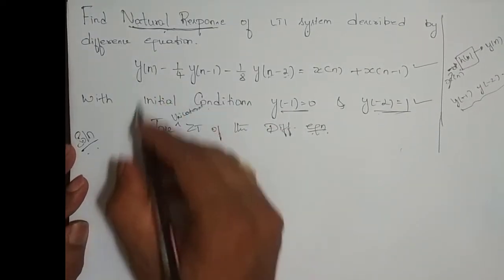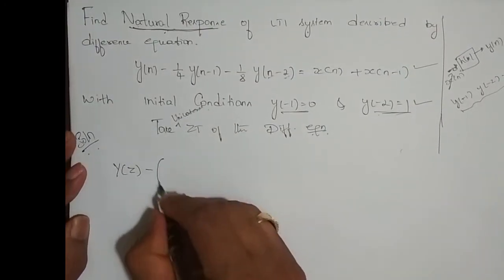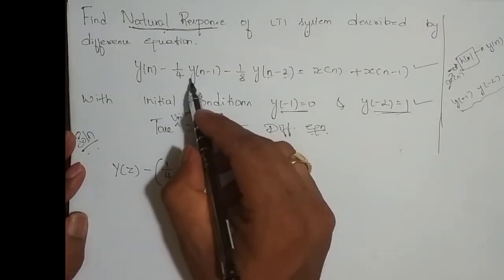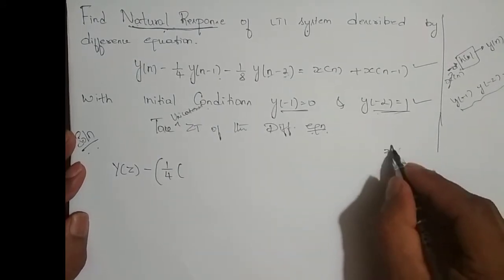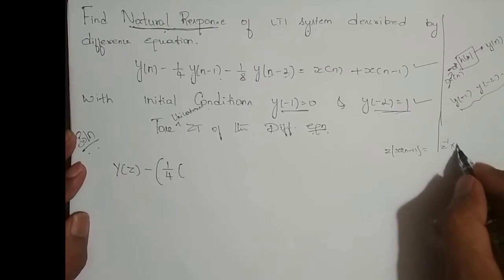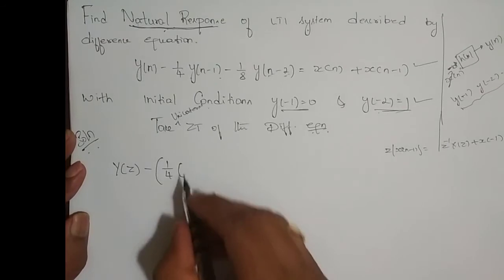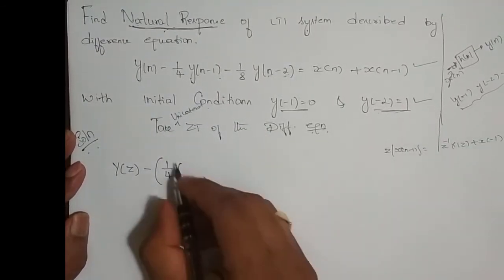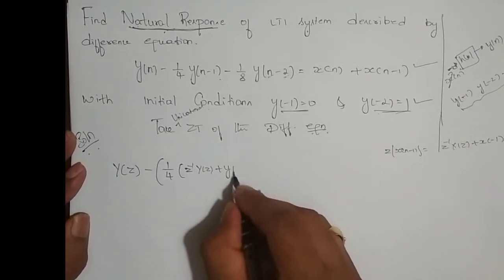Fine. So what is the Z transform of y of n? It is Y of z, minus 1 by 4 into, what is the unilateral Z transform of y of n minus 1? The Z transform of x of n minus 1 is z to the power minus 1 into X of z plus x of minus 1. Since here we have y, I write it in terms of y: z to the power minus 1 into Y of z plus y of minus 1,